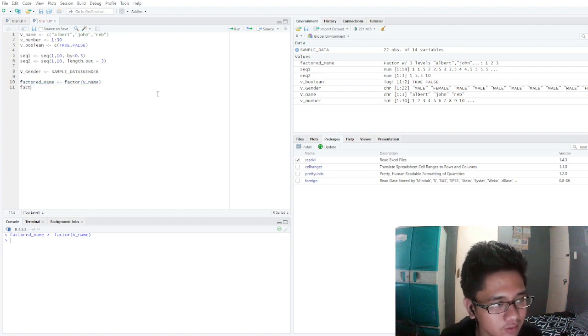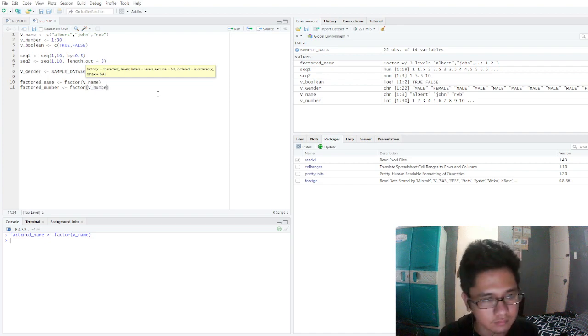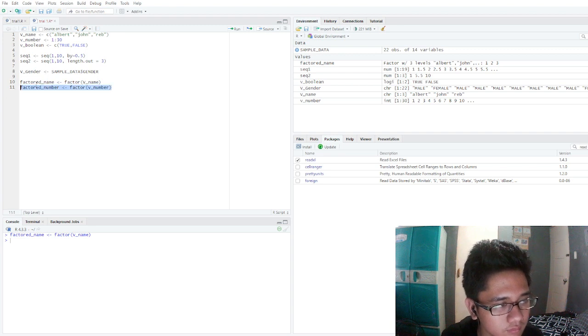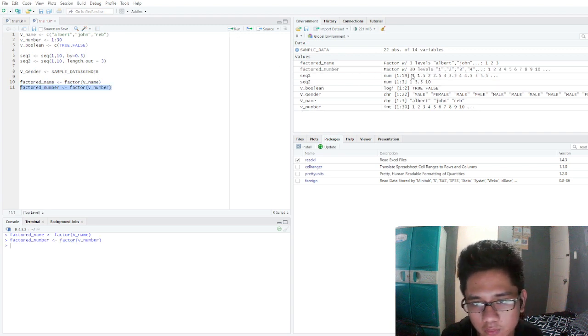Then let's factor the number. Run this, and we have the factored numbers with the levels of 1 to 30.